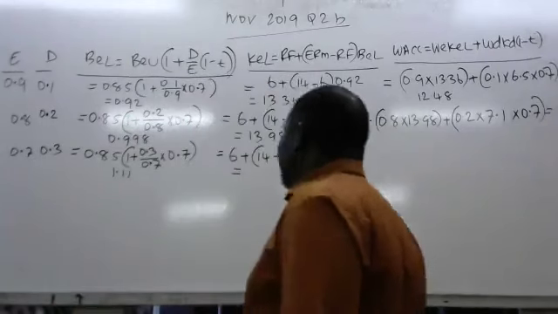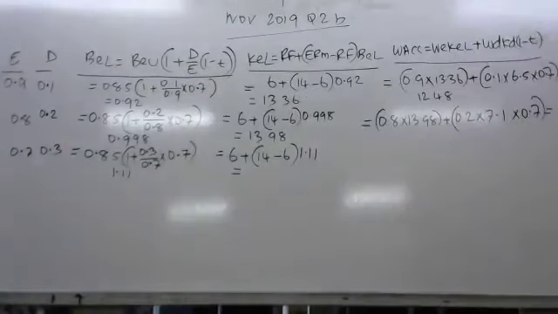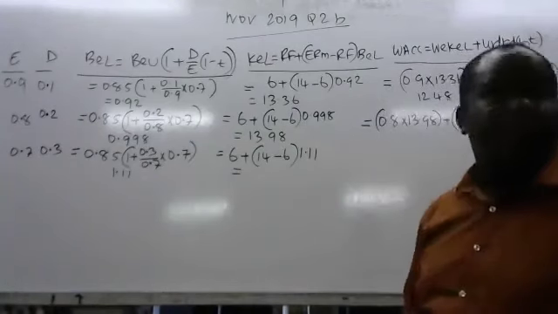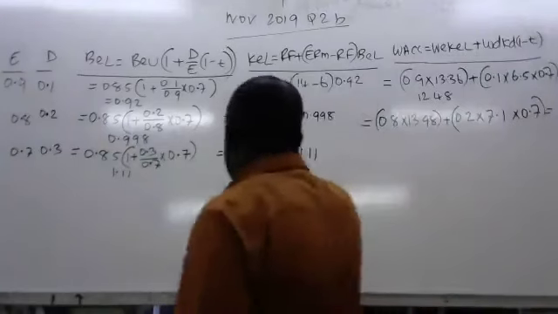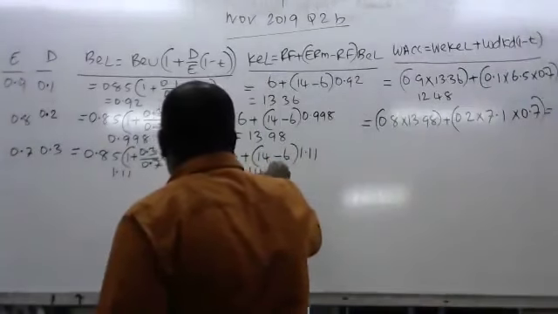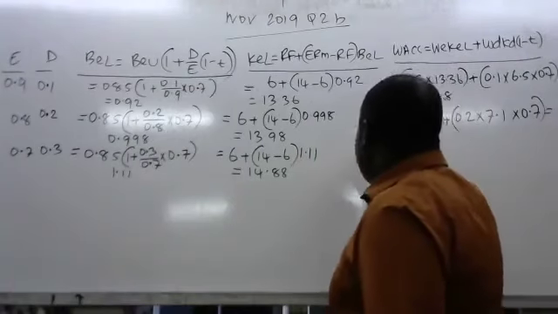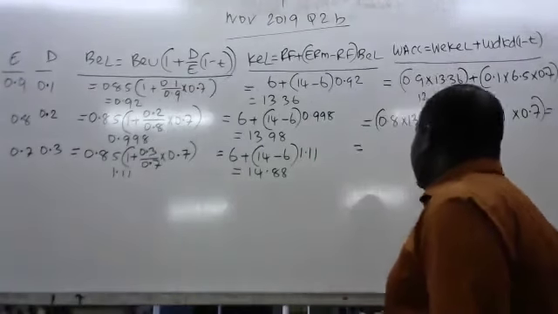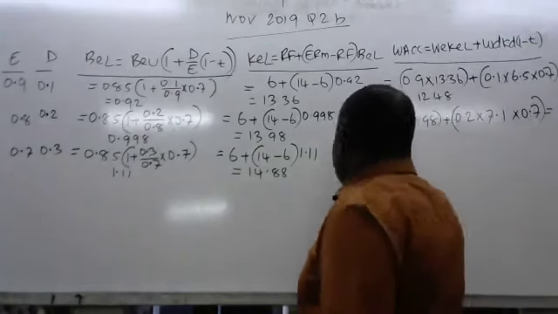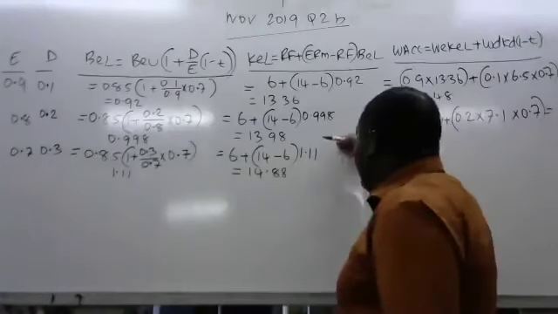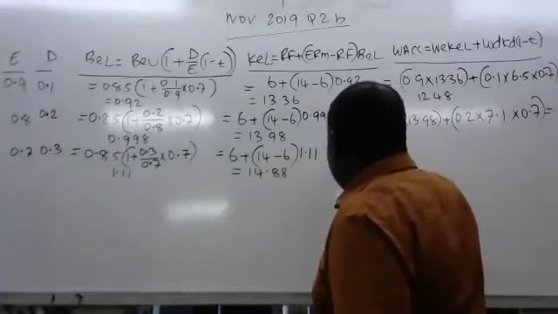So that's what should be our KEL, $14.88. So we shall be able to get 14.88, so that we now also compute our WACC. We now also calculate our WACC, whereby it is now going to be